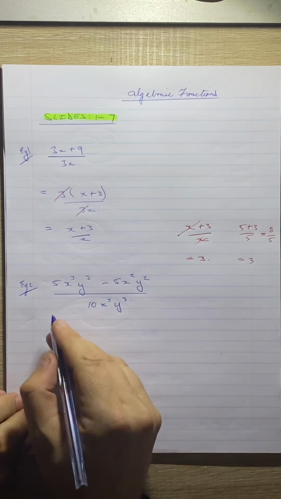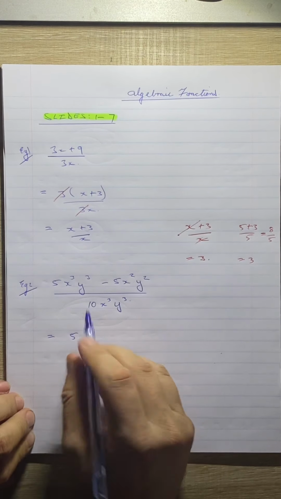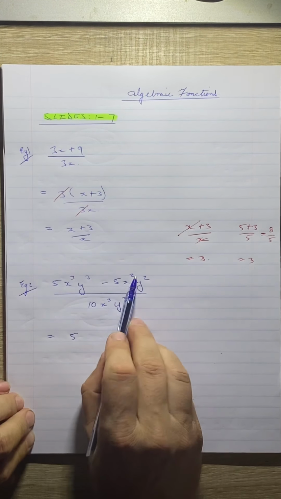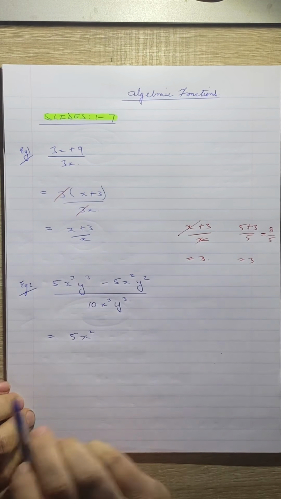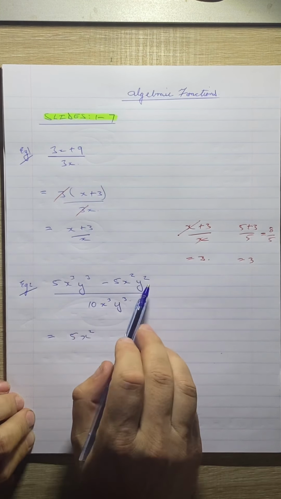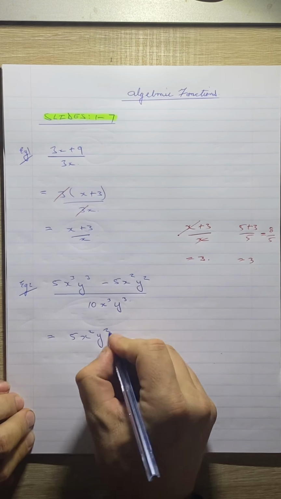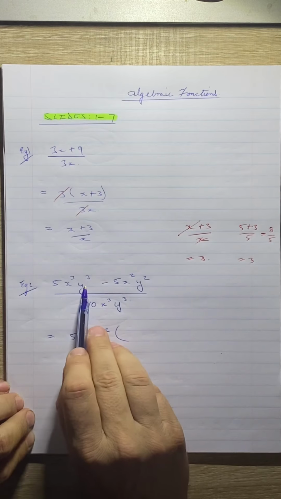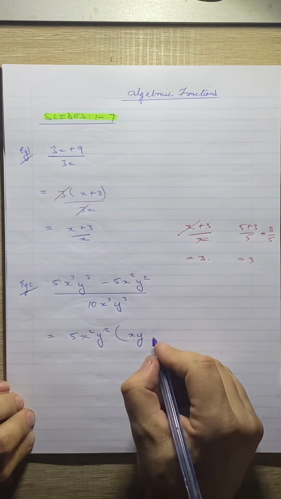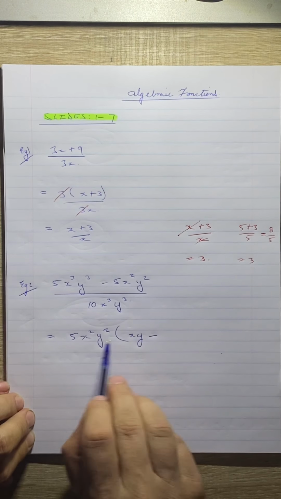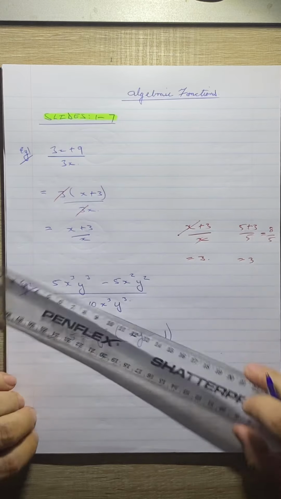So if I look in the numerator, we can see that we've got a 5 that is common. Take it out. Here I've got x cubed, x squared, so I can take out an x squared because that's common with both. Here I have a y cubed, a y squared, so y squared is common. Take it out. And what am I left with? Over here, I'll be left with xy minus, and then that times what will give me that? Just remember, it's 1. Okay, all over